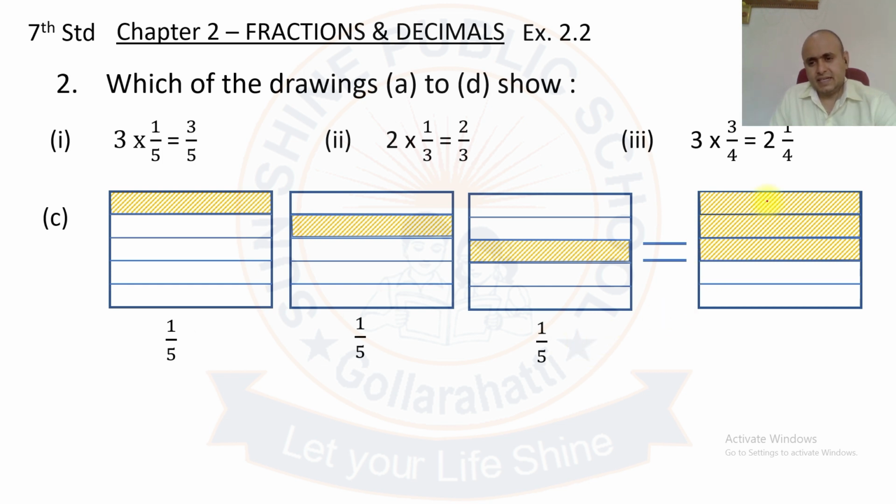Therefore this side they were divided into 5 parts, that is 1 2 3 4 and 5 parts, and they have shaded 3 parts. Therefore this can be written as 3 by 5. So 3 by 5 ಅಂತ ಬರೀಬಹುದು. And again 1 by 5, 1 by 5, 1 by 5.